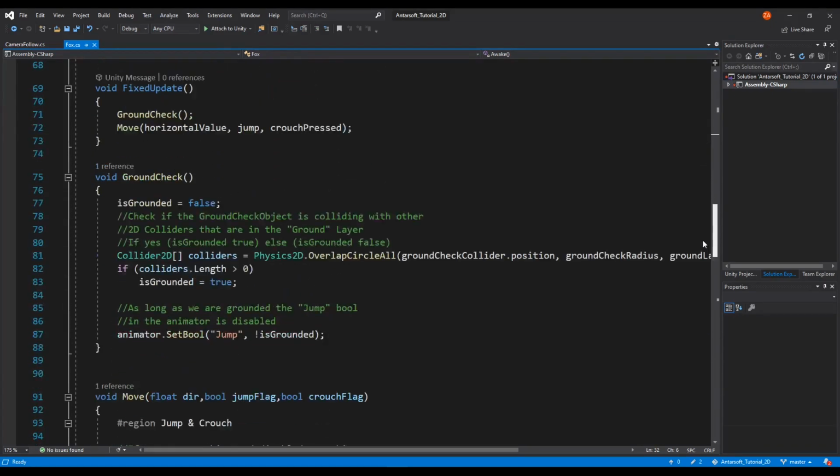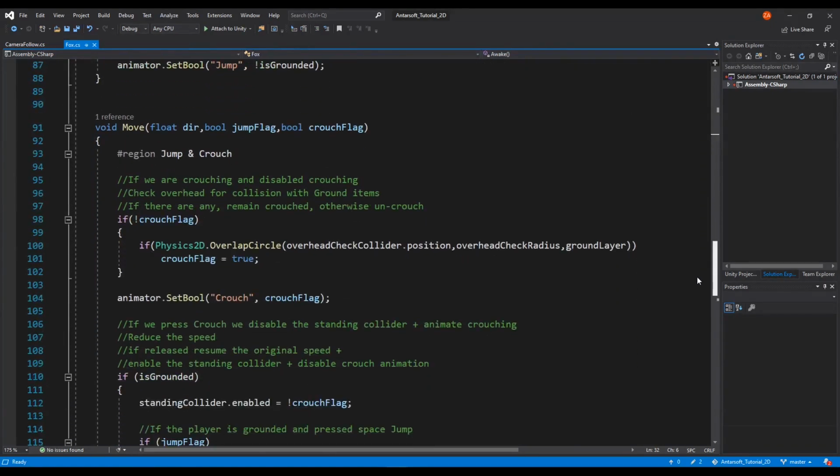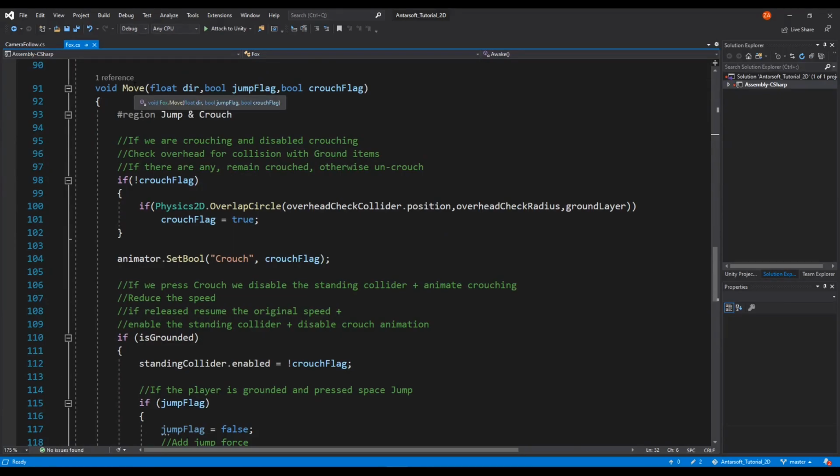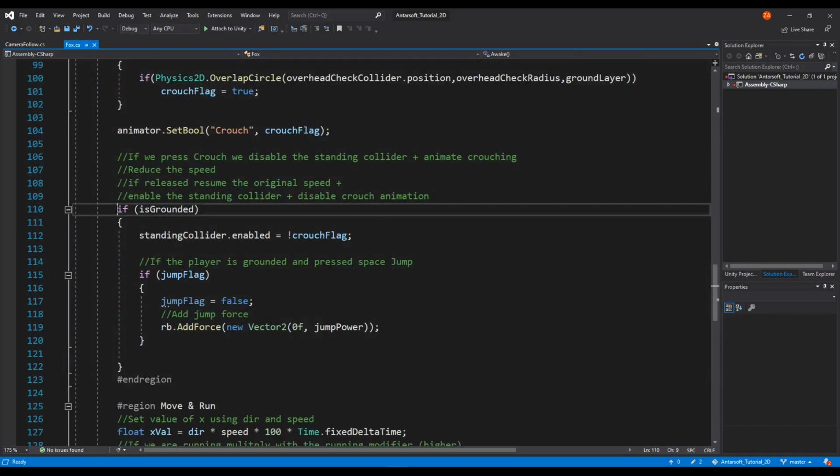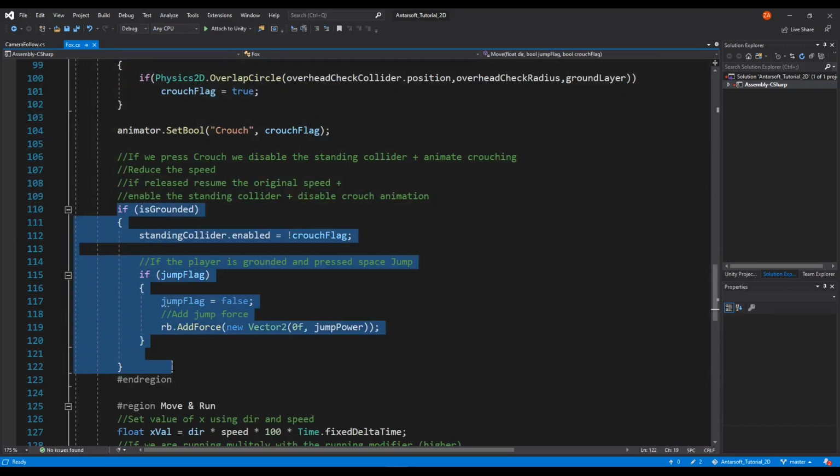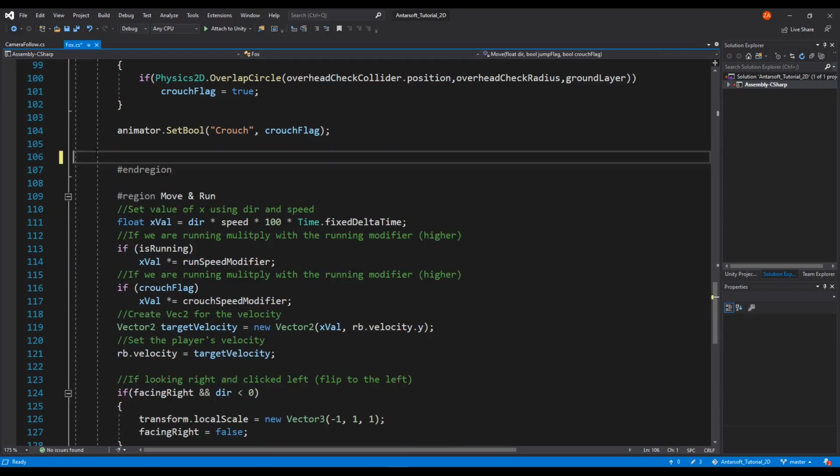and then all we have to do right now is scroll down to our main move method. In this method we're handling the moving, the jumping, and the crouching. Since we're going to do more elaborate interactions with our jumping mechanics, I need to actually take everything that relates to jumping and put it outside of this script. So what I'm going to do, I'm going to take this part, this is the jumping part, I'm going to have to take it out from here